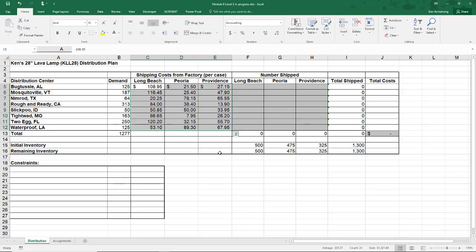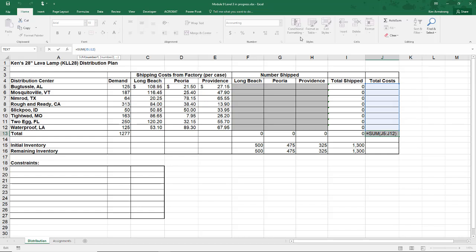Down here in J13, we'll have a formula that ultimately calculates the total cost to ship everything from each factory to each DC. This is our bottom line goal here, so when we go to configure our solver model, this will be our objective or target cell. Now, since I mentioned that this is a cost, we want to minimize this. If that didn't give you a hint as to how to configure our solver model, well, I just hope it did. If this were profit or sales or something where bigger is better, then you'd want to maximize it.